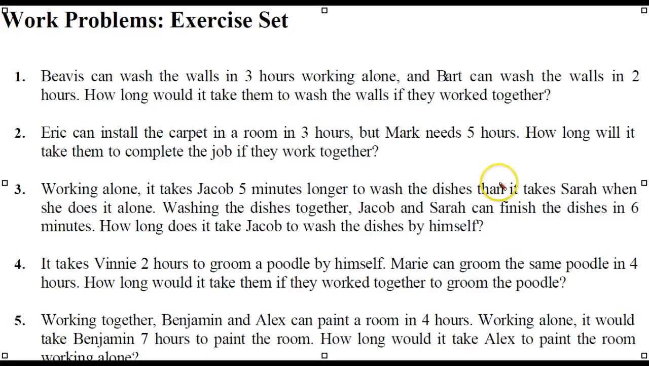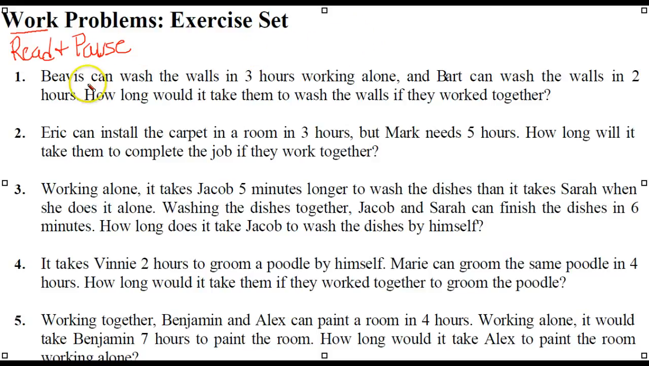Now, another type of problem is what we call a work problem. And for this, we need a little background. So let's read and pause. Now, in doing work problems,